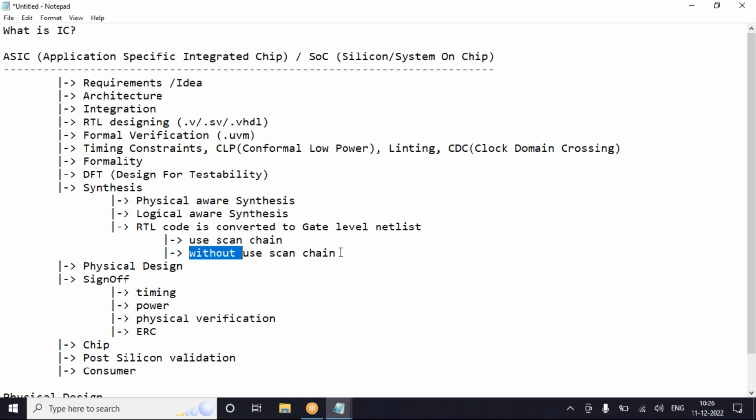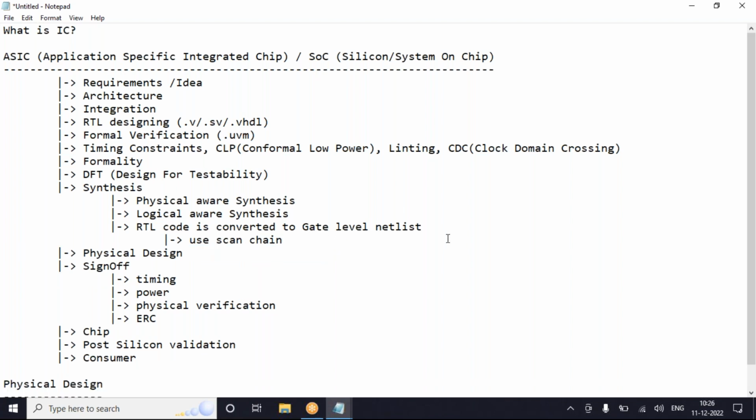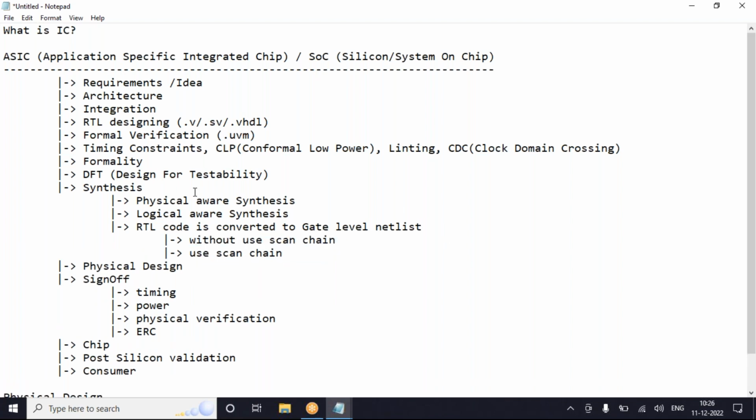Clear now, Venkatesh? Yeah, it is clear. So I'll mention stage 1, stage 2.